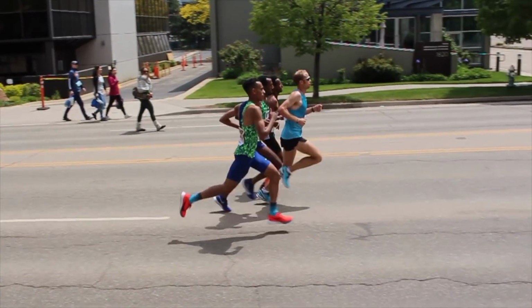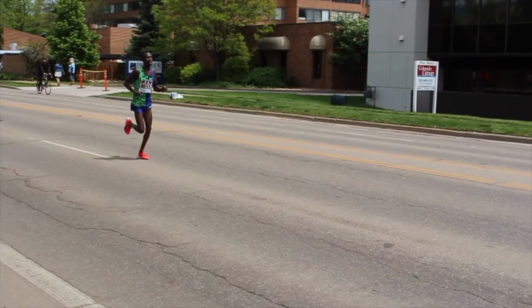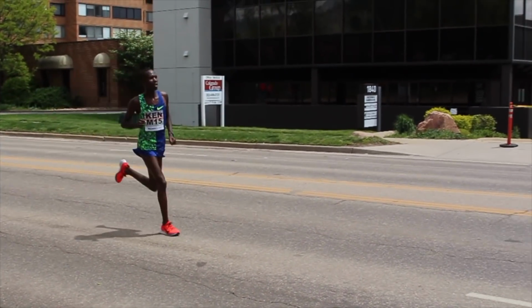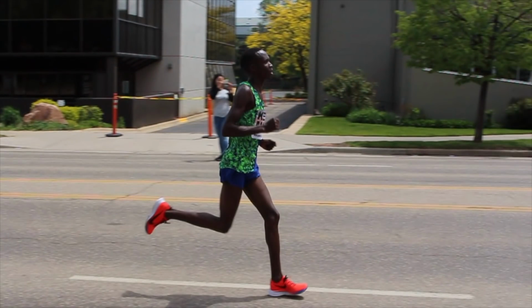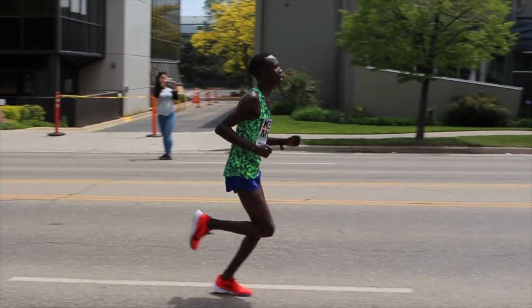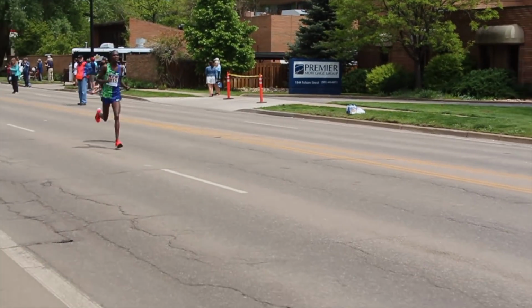And even the men's champion who won, he doesn't have the most bounce or pop in his stride. He's more gliding along, and you could see that with a lower foot lift in the back, as well as how fast his stride rate or cadence is, right? It's well over 180 steps a minute, very fast clip stride. Good